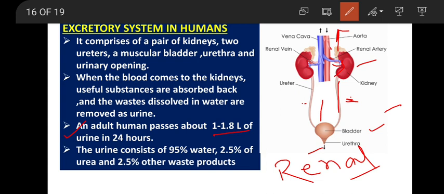Otherwise, if the water intake is less, these waste salts will convert into the form of stones. We must have heard of some people suffering from kidney stones. What is that kidney stone? These waste salts etc. get solidified in the form of solid stone. Kidney stones will sometimes block the kidneys or block the urinary bladder. It may be very dangerous.